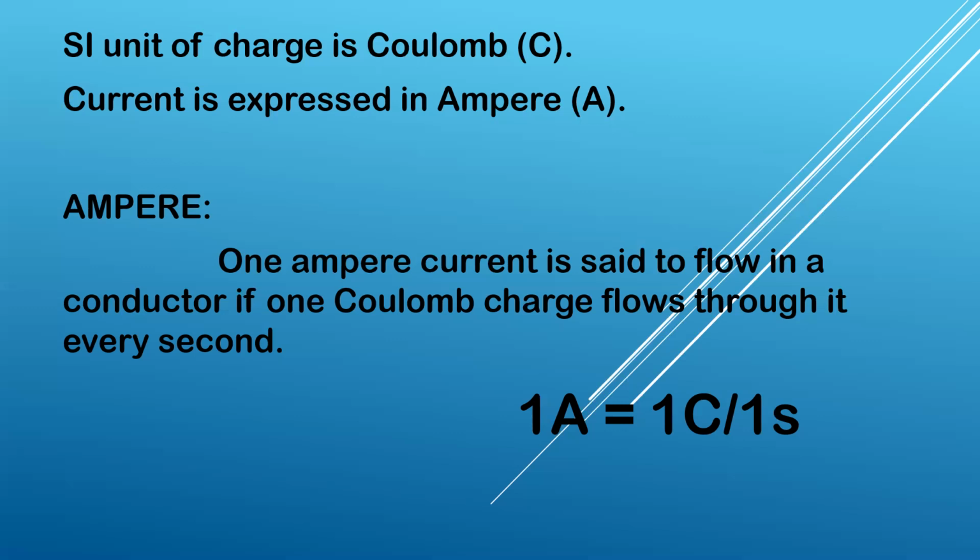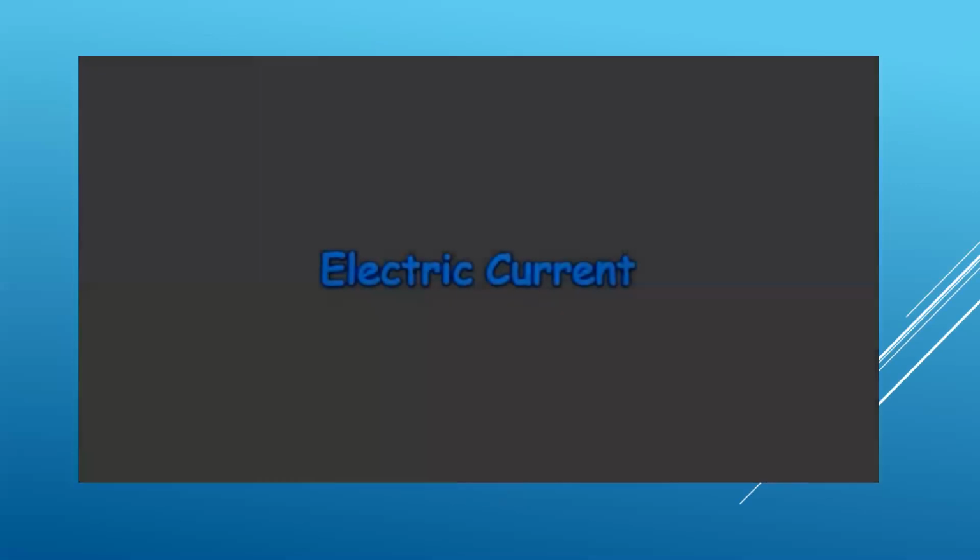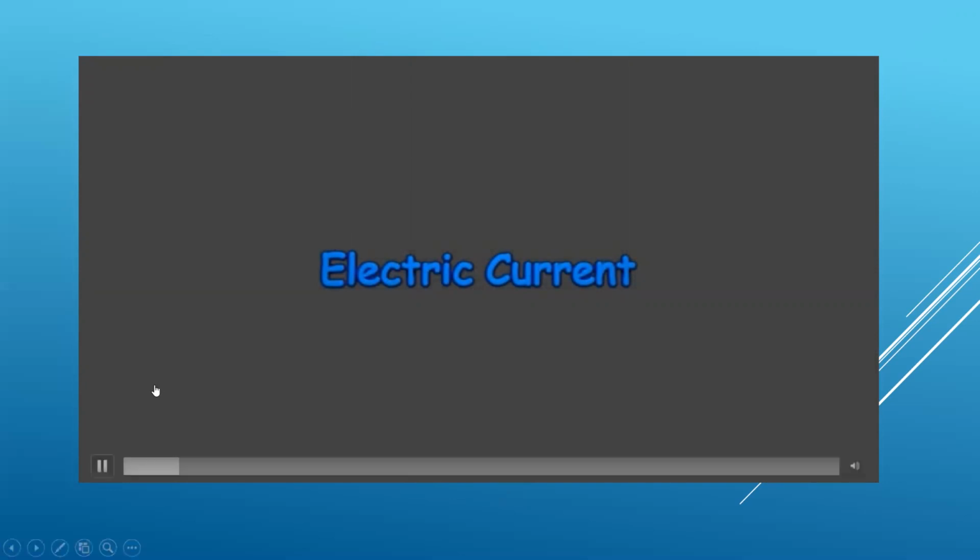Just see this video and try to understand about the electric current, children. Let us discuss electric current. Before we go to the actual discussion, we would like to tell you what does current mean. Current means something is flowing. In an electrical circuit, if there is a voltage difference between 2 points, the electric charge flows. The rate of flow of electric charge with respect to time is called electric current.